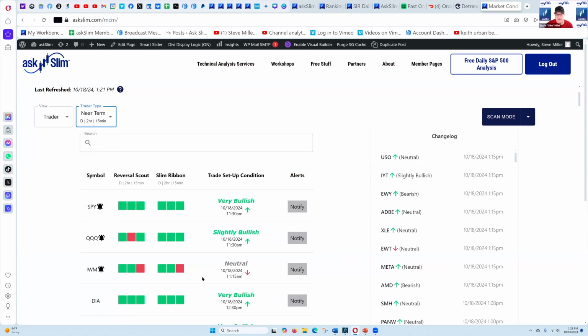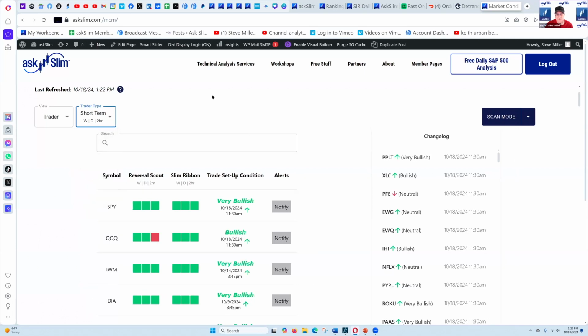And the only thing that's changing is the IWM right now, which has turned to neutral. So these are actually dated changes when these changed, because there are very short-term inputs on here. And you can see that the IWM now has turned neutral on the near term. Very short-term information there. Here's the short term right there. And the intermediate term, as you can see, all very bullish.